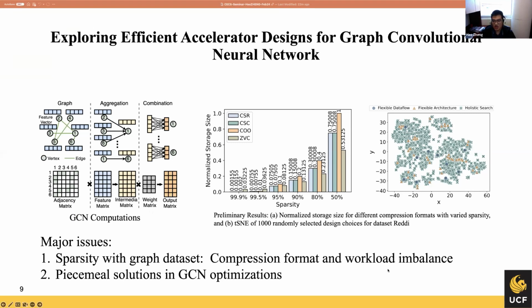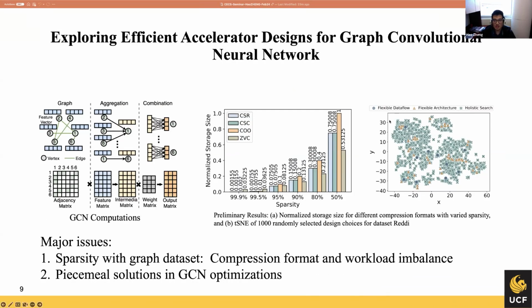And the second major challenge is workload imbalance. To distribute a matrix for the multiplication, we can either partition each row or each column and distribute them to different processing elements to simultaneously perform the operation. But the issue is the uneven distribution of non-zero elements can cause some processing elements to be underutilized. Sorry about that. So is there any better solution to solve this one?